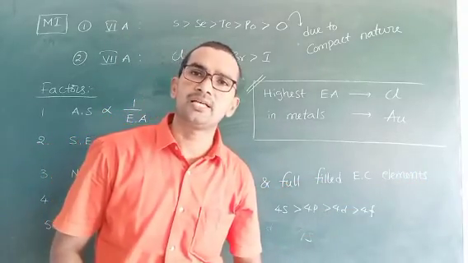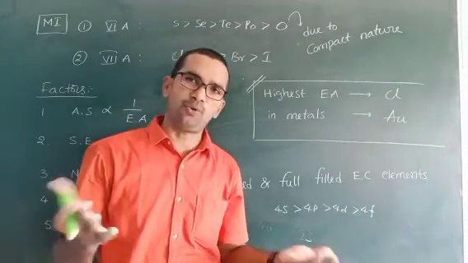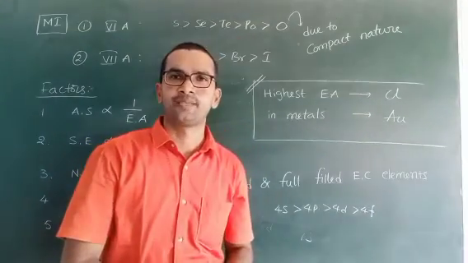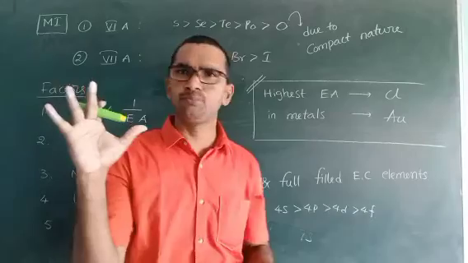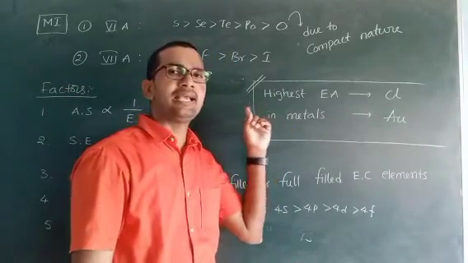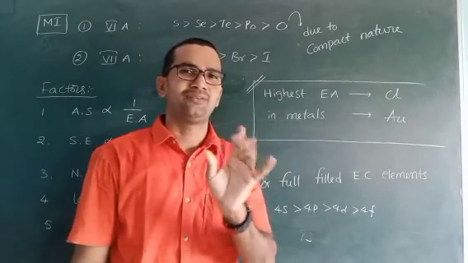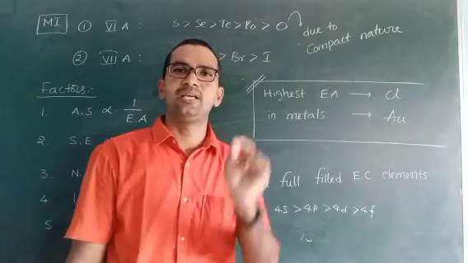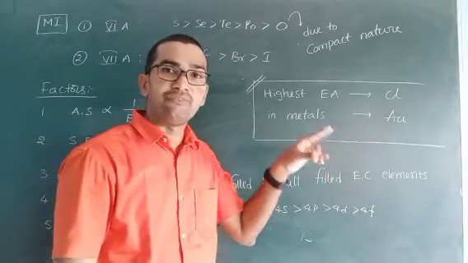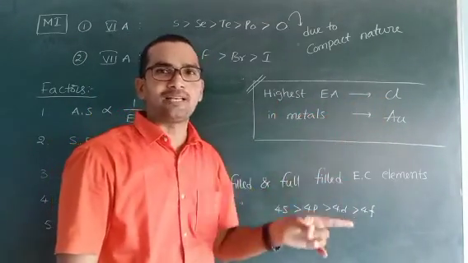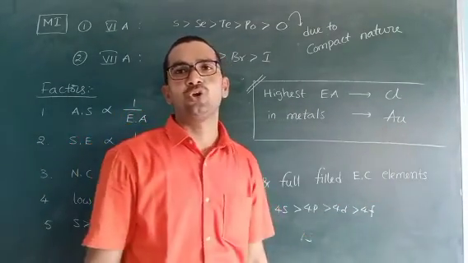Sir, what about the least? We cannot express it. Why? Noble gases show only positive values, or sometimes we use 0. In most of the textbooks, the highest electron affinity is only chlorine. Many members expected fluorine, but fluorine contains no 2d, whereas chlorine contains 3d. That is the reason. And in metals, because chlorine is a non-metal, the metal that shows the highest electron affinity is Au, gold.